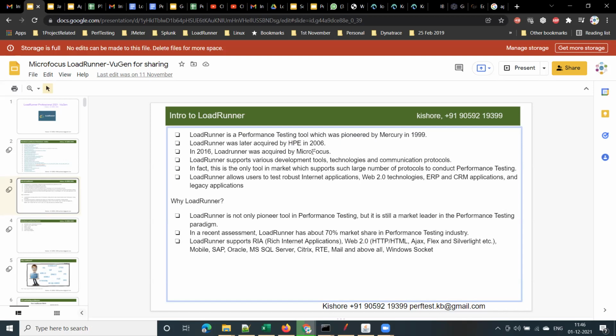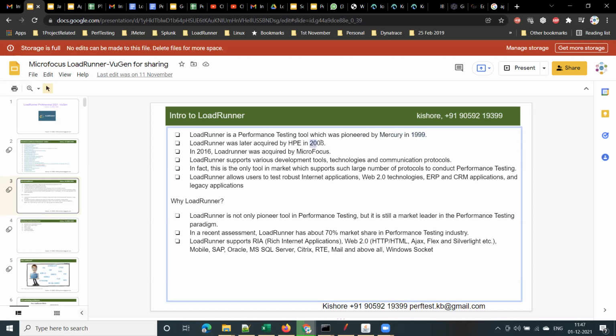The reason I'm explaining this is some people ask whether HP Loadrunner and Mercury Loadrunner are different. No, all of these are one and the same. There is only one Loadrunner tool, but it has different names because Mercury is the company that developed this performance testing tool in 1999.